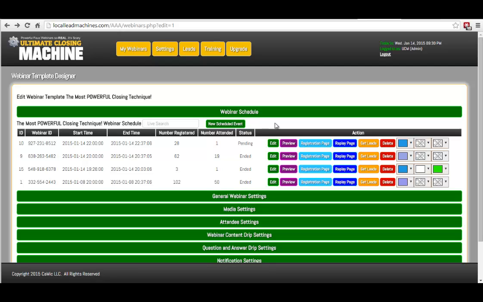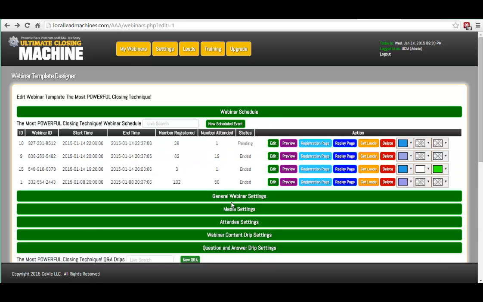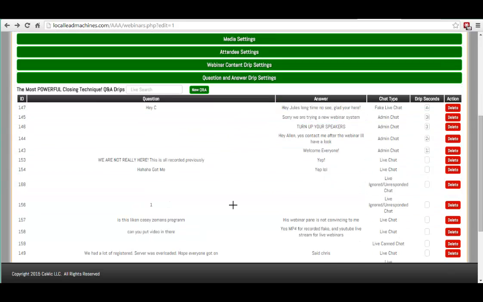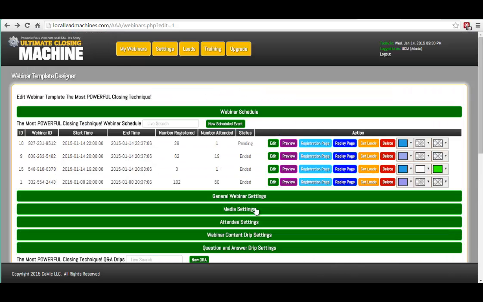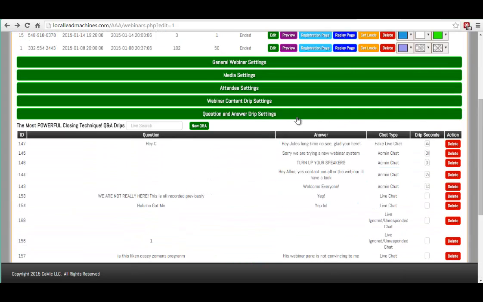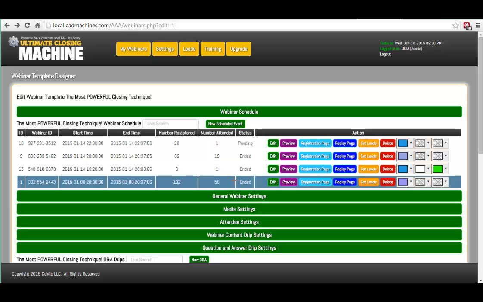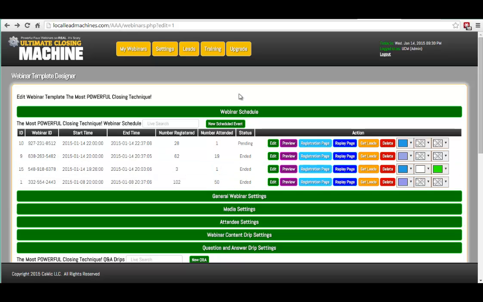But for now, what we got coming up next is we're going to be having some split testing campaigns. We're going to work on the drip answers and questions that go into the chat live webinar. We're going to make it so you can actually push during the chat, admin chat. And one more thing, we're working on another module too, which will allow us to push a registration link, and